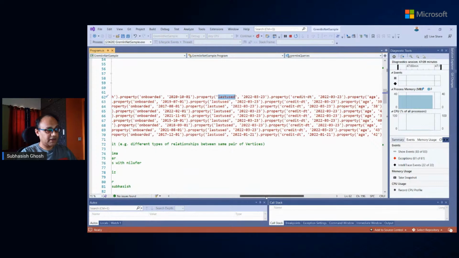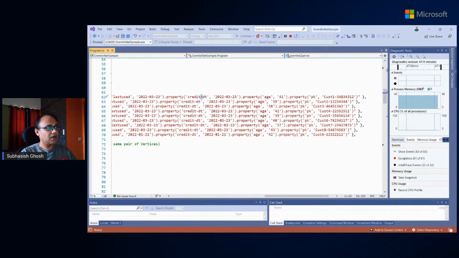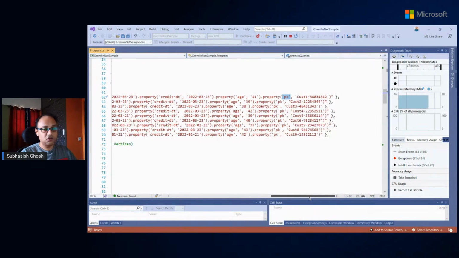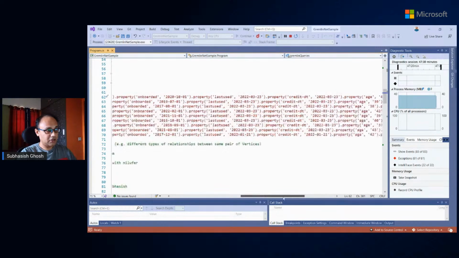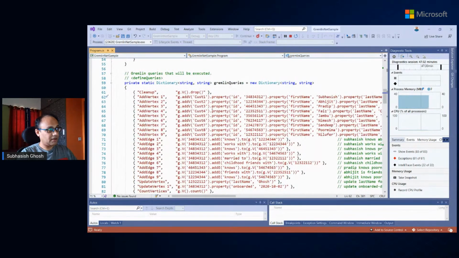When did they use their last credit card? What credit card was it? What was his age? Now, this is a very, very, very important point. That's the partition key choice, possibly the most important design decision for your Cosmos DB data model. Here I would like to touch upon one important thing. If you see this, this partition key choice is a combination of my label along with the ID.